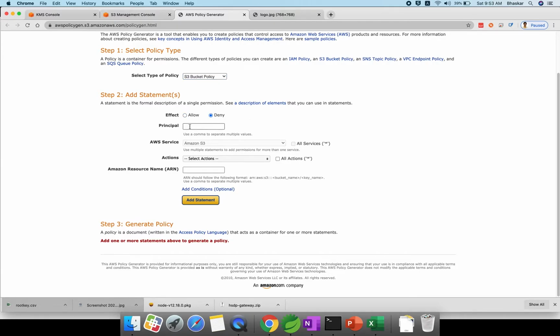The principal is whoever you want to give the permission to. If I hosted a website, everyone around the whole world can access it. If I give a star, that means everyone who is accessing, and I need to deny. By default, if you give a bucket policy, the service is automatically picked up as Amazon S3.